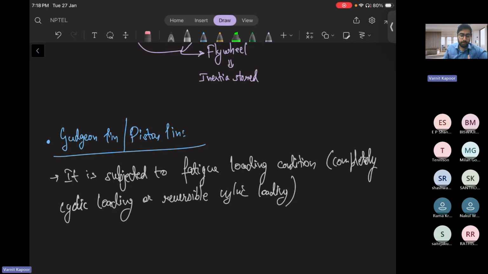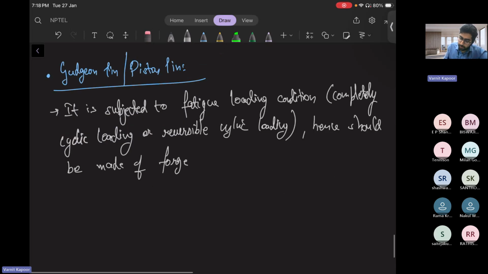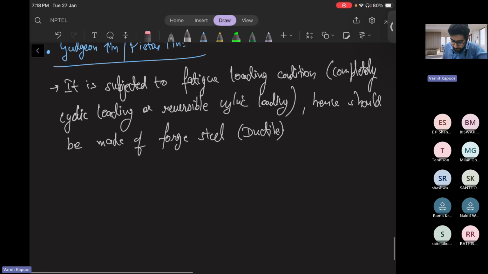If we say that, it should be made of forged steel, and it is ductile in nature. Ductile means the shape can change but the material won't break, okay, unlike brittle. So we can write the point here is that connecting rod as well as crank is also made of forged steel,